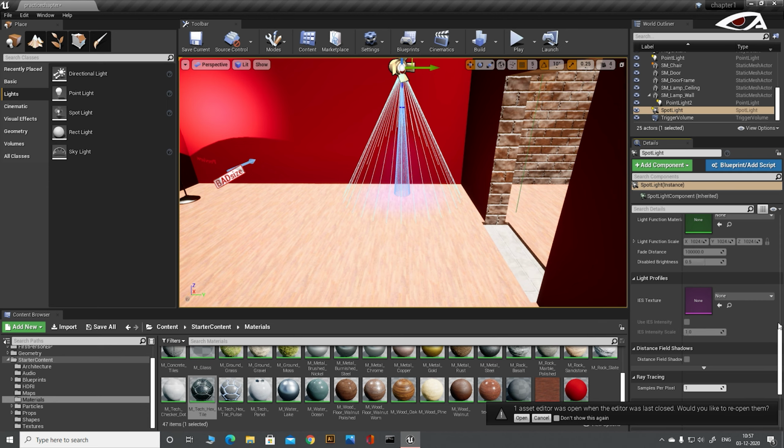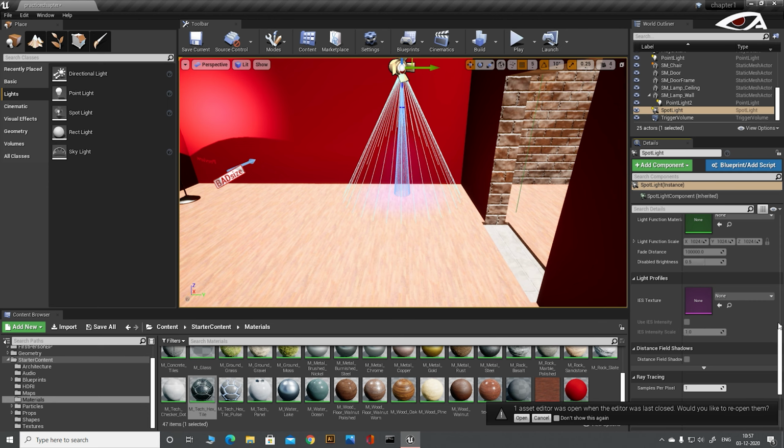Now next is directional light. It can also be used for controlling the direction of the sun. When the atmosphere sunlight checkbox is clicked, you can control the direction of sunlight by adjusting the rotation of the directional light. Now here it is, see.